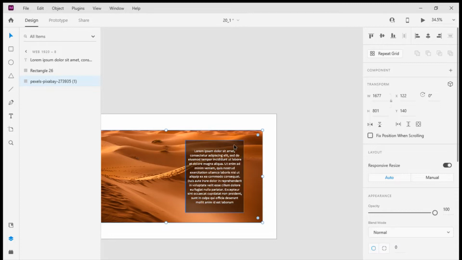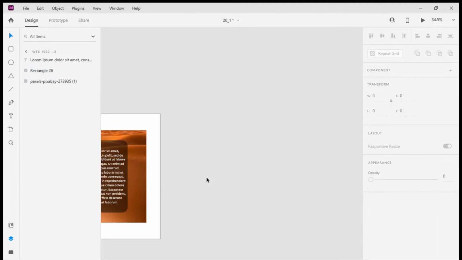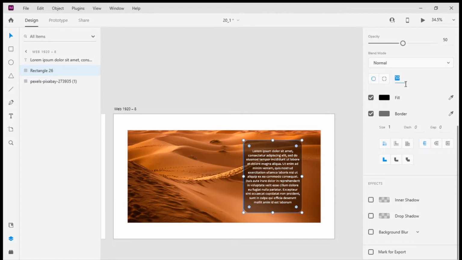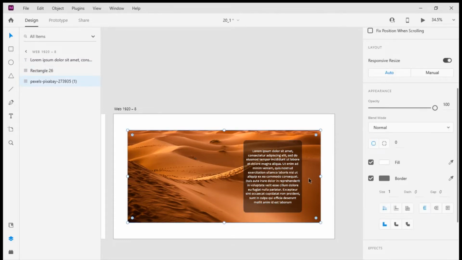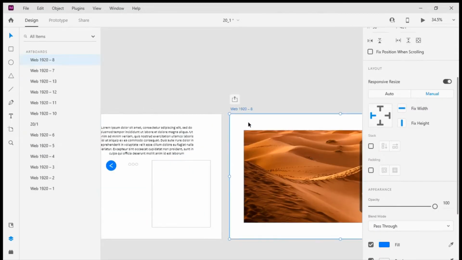The corners just look a bit too sharp, so I'll round them off a little bit, like so. Okay, it looks better now. Maybe I'll put it around 50. Okay, and it looks too cornerish, so I'll make it 25. Oh, that looks better. Okay, now I'll copy this icon, I'll come here and I'll paste it,